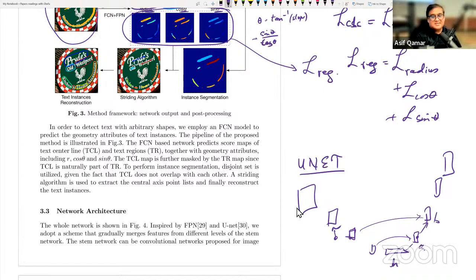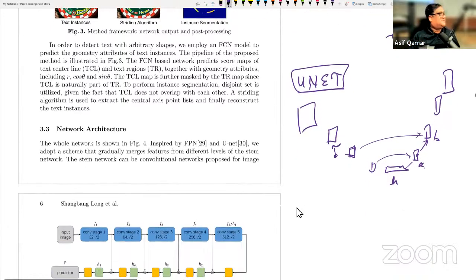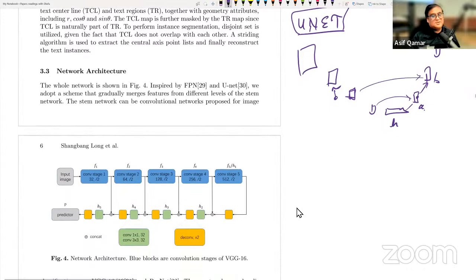So they will take the idea of UNet, and you'll see why, because it is sandwiched. So UNet is your CNN. The convolutional part comes from the UNet part, right? And then they use the argument of something called feature pyramid network,